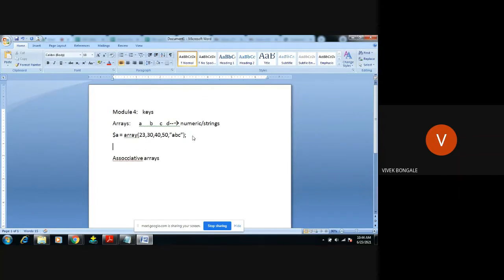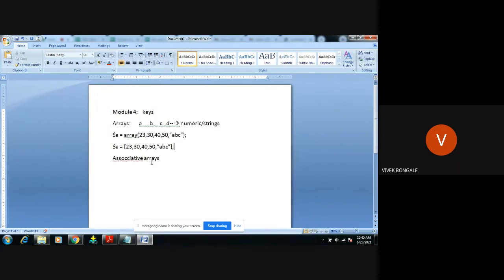The shortcut method: create one variable $a equals, no need of giving the array keyword, use a bracket symbol, and assign what you want. Same thing. This is an alternate way of giving the value.